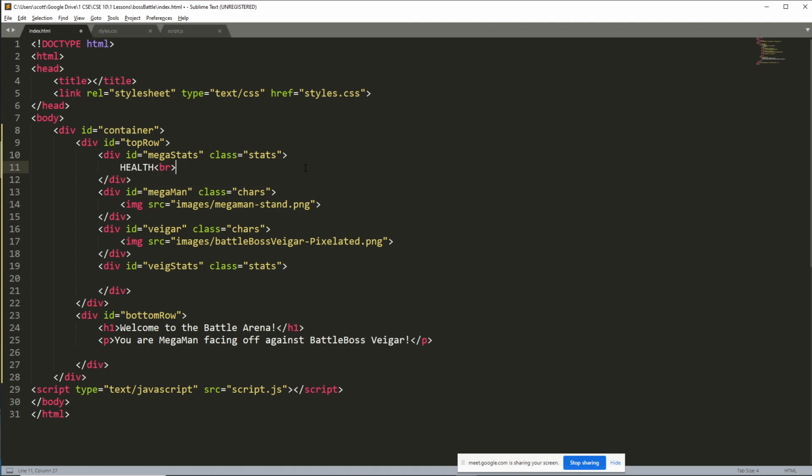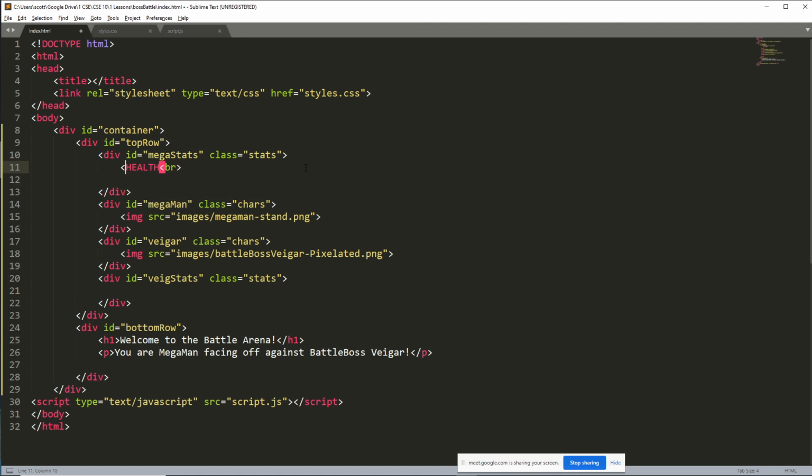Okay, so I'm going to put health there, and maybe I'll use a tag called a span. What's the difference between a span and a div? In many ways they're not much different. Usually we'll use span just for holding a single word or a single sentence, kind of like it's often used for labels, things like this, whereas div is more used for actual areas and sections on our page. Okay, but we essentially use it in the same way,